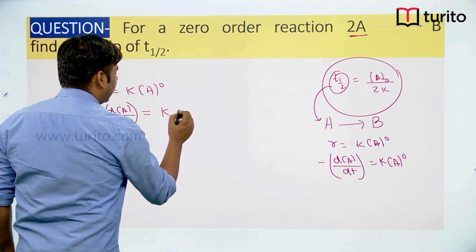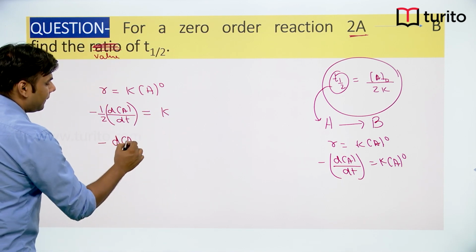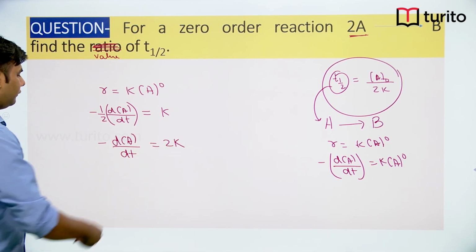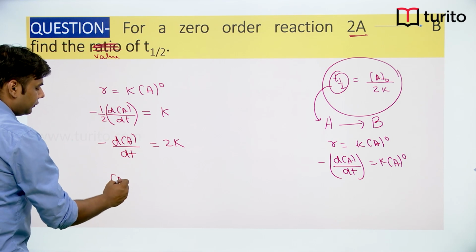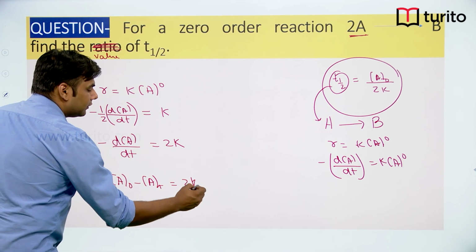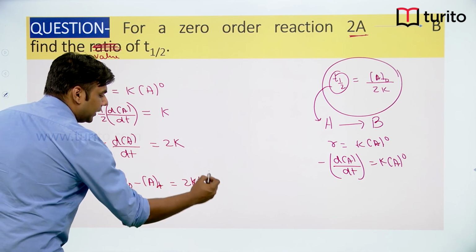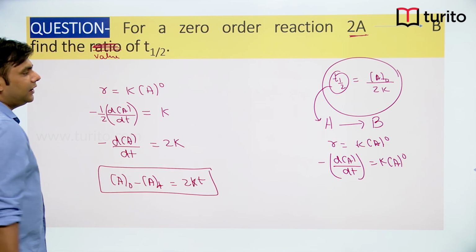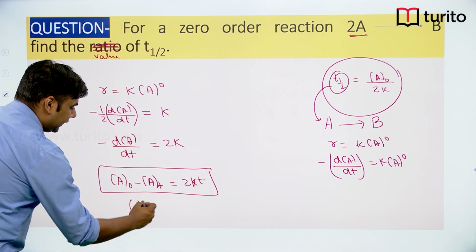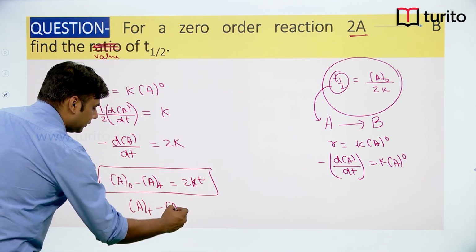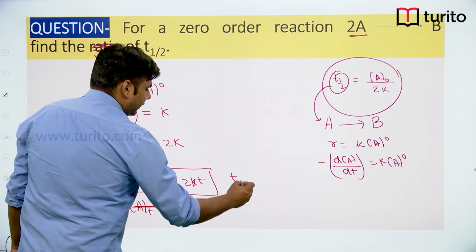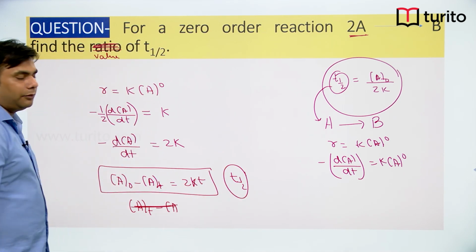Okay. So this is equal to K. So basically minus dA by dt will become equal to 2K. Okay. So when you derive this, we'll get A naught minus AT equals 2KT. So basically K would be replaced by 2K. So in this case, to calculate the half-life time period, we will say